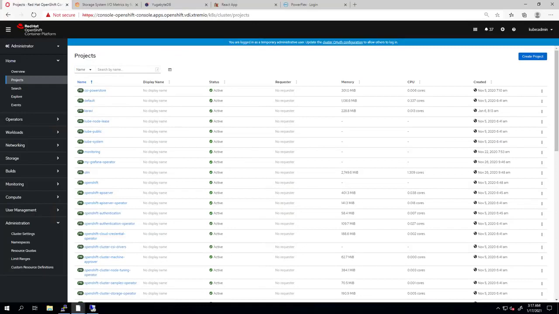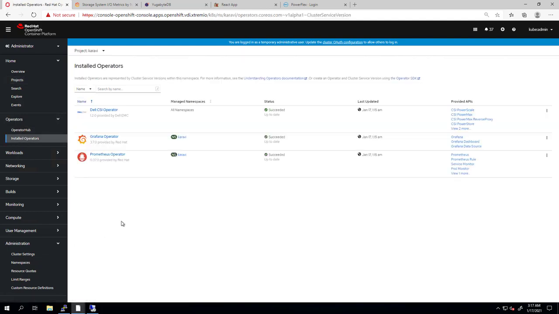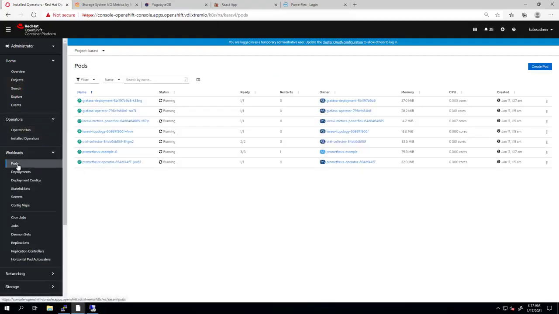In order to simplify the deployment and manage the entire life cycle of Dell CSI drivers, we've released the Dell CSI operators. From the OpenShift console, we click on Installed Operators, and then we can see that the Dell CSI operator is already installed on our OpenShift cluster, including Grafana and Prometheus operators, which can be easily installed via the Operator Hub. In addition to these operators, I installed Project Karavi using Helm and configured it to send the PowerFlex